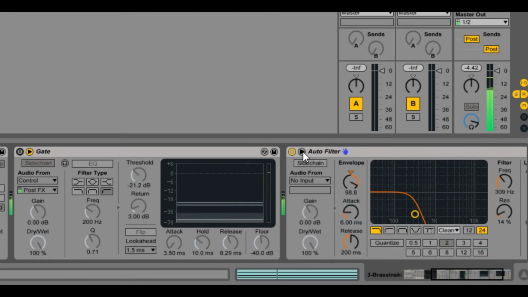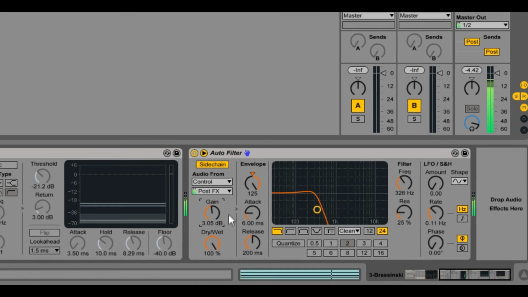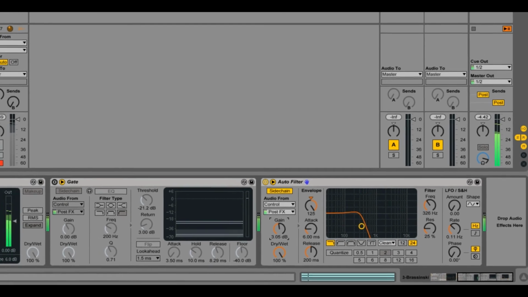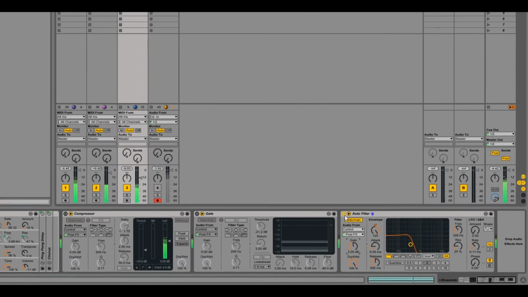But this envelope follower can be sidechained. So let's turn that on and get our control signal. Now the filter follows the drum loops playing on this silent control track. And the last effect,